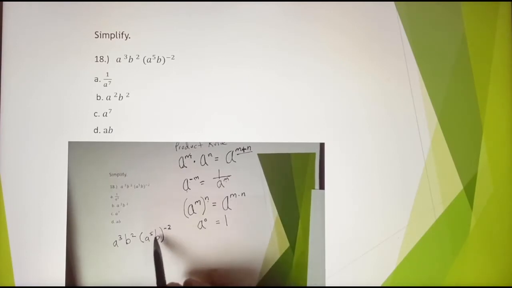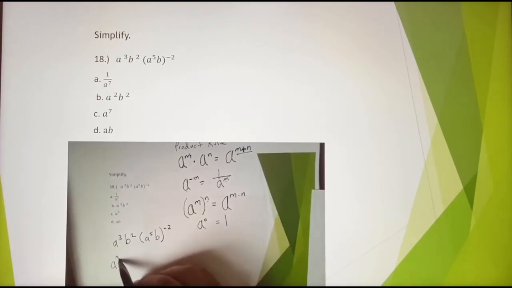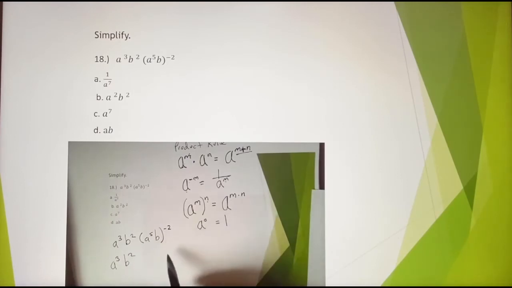All right, I've got some parentheses here. So that tells me that I want to look at this power of power rule, because everything inside here is raised to the negative 2, right? Everything is raised to a negative 2. So let's deal with that. So I'm just going to rewrite the first part here, a cubed b squared, and then just rewrite this. I've got a to the 5th power